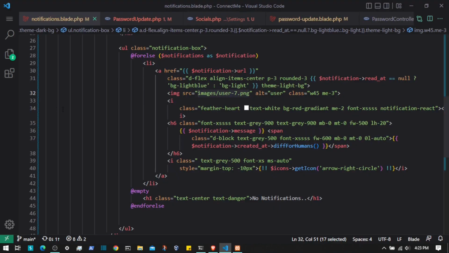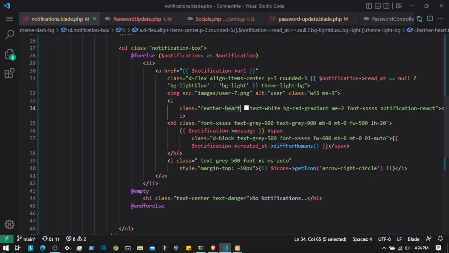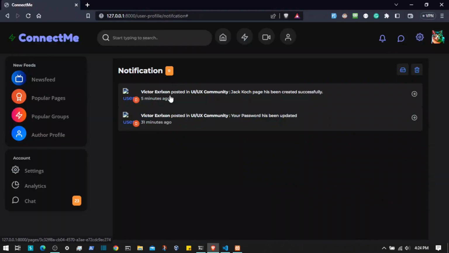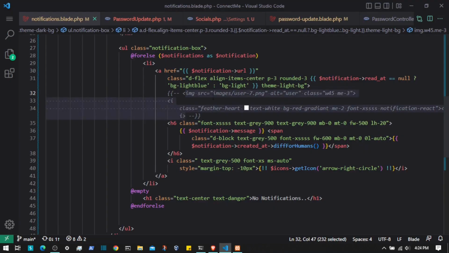Not interesting. So how about removing this section completely? We have the feather heart reaction. This is interesting. I'm gonna do one thing. I'm gonna comment this out, and in our scenario we cannot use this, so we have to ignore that completely. And here we can include something, and that is something like